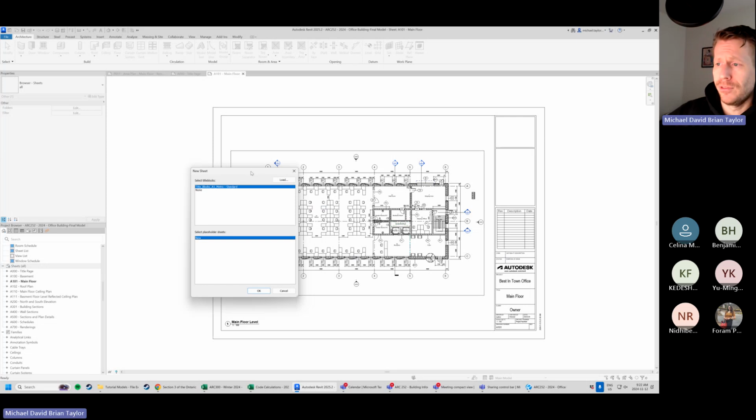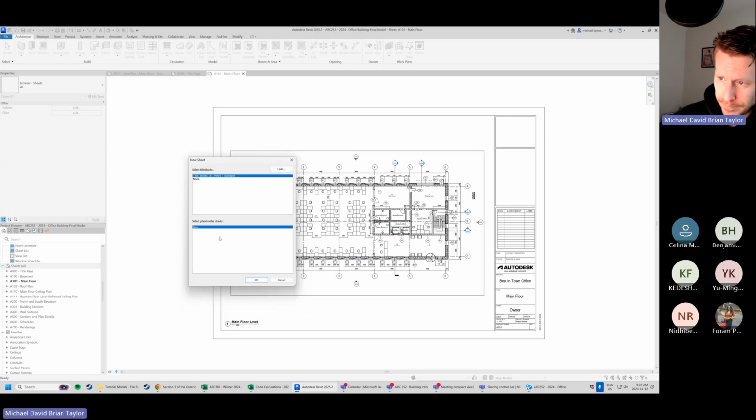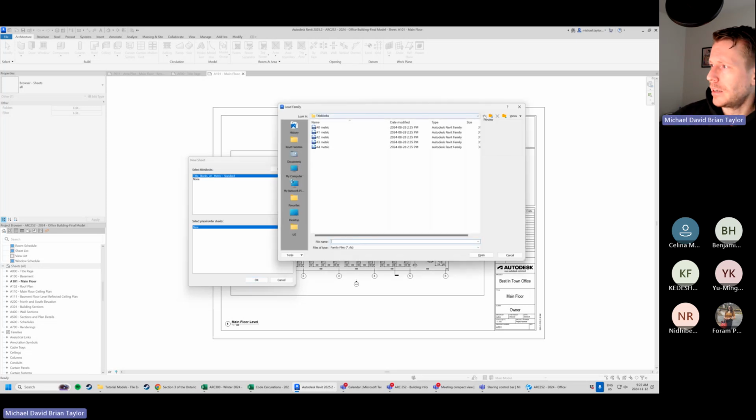I have asked for an A3 sheet, right? So an A3 sheet, that's not here. Panic, right? Where is A3? Rather than panic, what we're going to do is hit this little load button. And apologies, I'm going to go all the way up here. If you remember from early iterations, I'm going to go all the way up. We want to make sure that we find